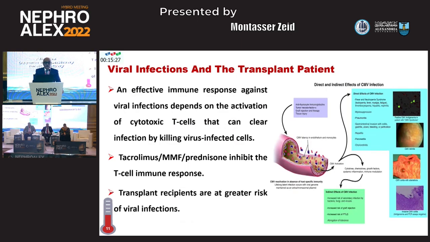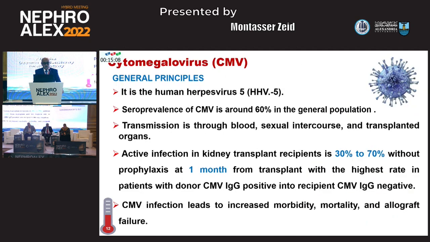An effective immune response against viral infection depends on the activation of the cytotoxic T cells that can clear infection by killing virus-infected cells. Tacrolimus, MMF, and prednisone inhibit the T cell mediated immune response, and transplant recipients are at higher risk for viral infections. Individually, I will discuss some of the most important viruses